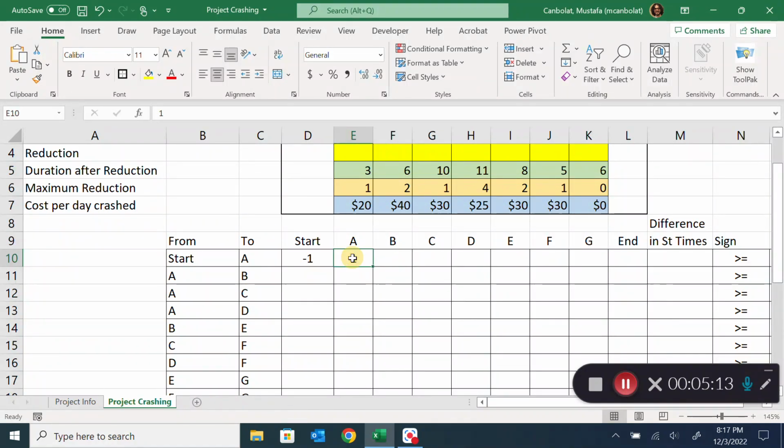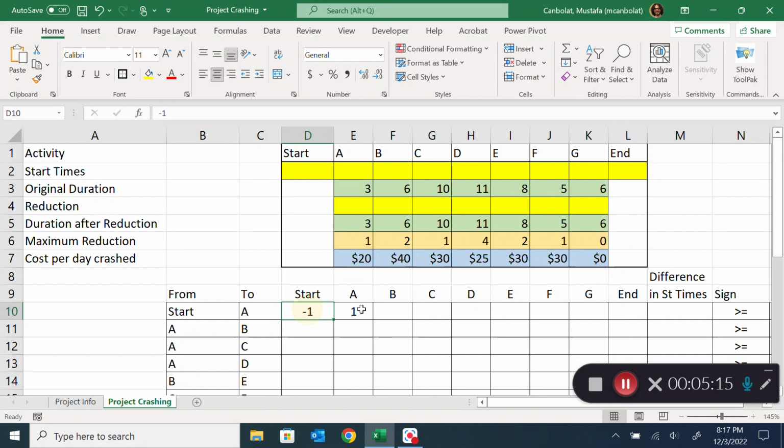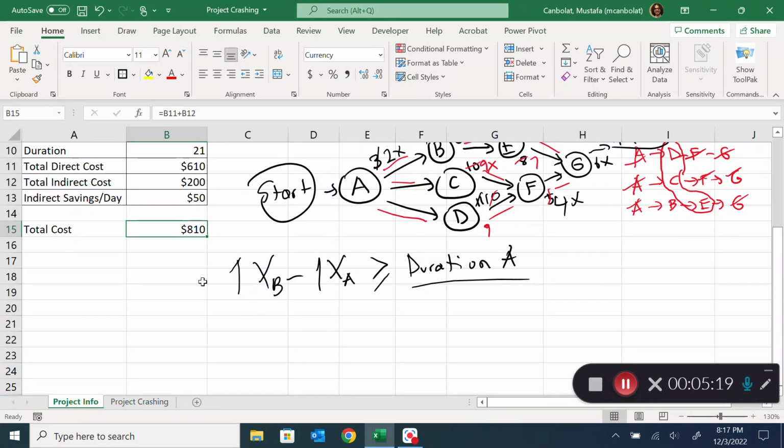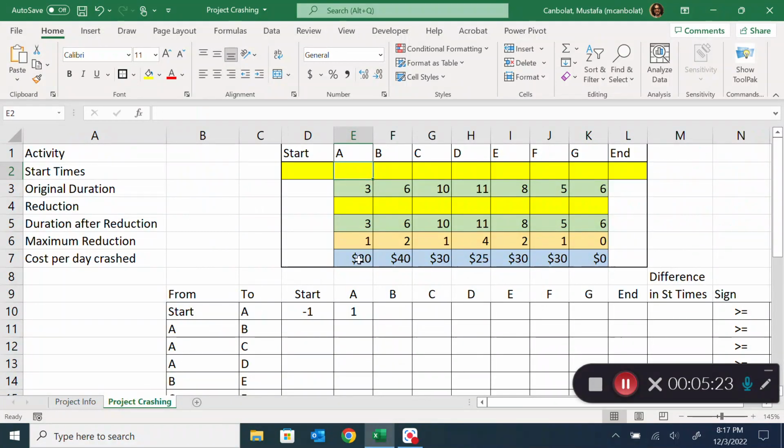And I would have to then, if I multiply these with the start times, I would be getting this notation, 1 times xb minus 1 times xa, right? So that's for start and a, but for a and b, it's going to be like this, -1 and 1. But if I want to kind of automate this, I could just put a simple if statement,